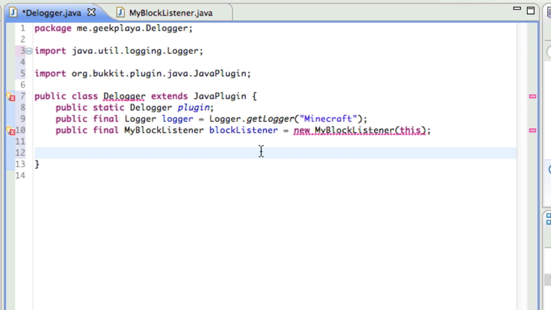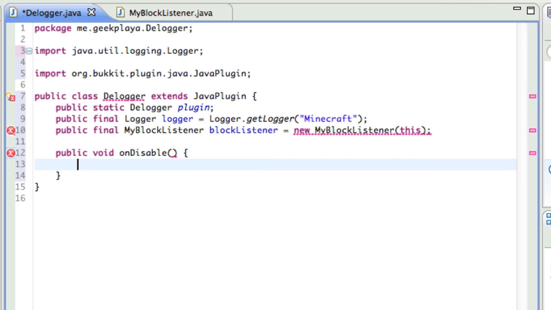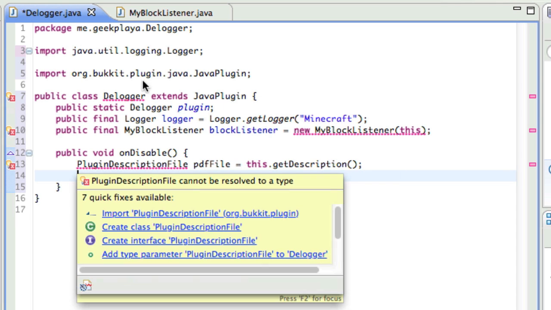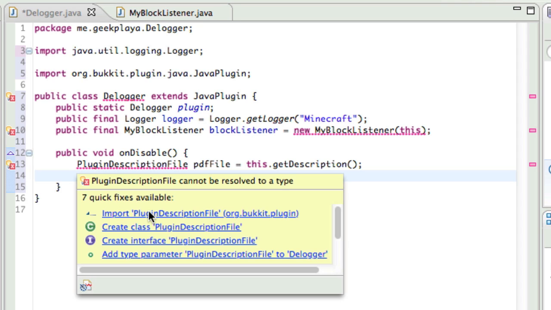Alright, so hopefully you've caught up by now, and now we're going to move on to the disabling and enabling of the plugin. So do public void onDisable parentheses, opening curly bracket, PluginDescriptionFile, which will grab the version name and description of our plugin. pdfFile equals this.getDescription. Again, that gets the name, description, and version of our plugin, which we will state in the file later on. Let's go ahead and import that,